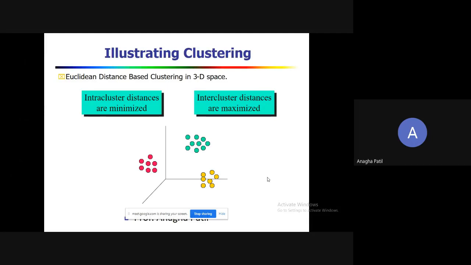So this is just an example where graphically we are trying to show how we can form a cluster. So this shows cluster 1, cluster 2 and cluster 3. What they are trying to say over here is in cluster 1, the objects which are falling within the cluster are similar to each other. And the objects which are outside the cluster, so let's say this point in cluster 1 and this point in cluster 2, are not similar to each other. That is why they have been placed in different clusters. So intra-cluster distances are minimized, that is within the cluster, and inter-cluster distances are maximized, that is outside the cluster.